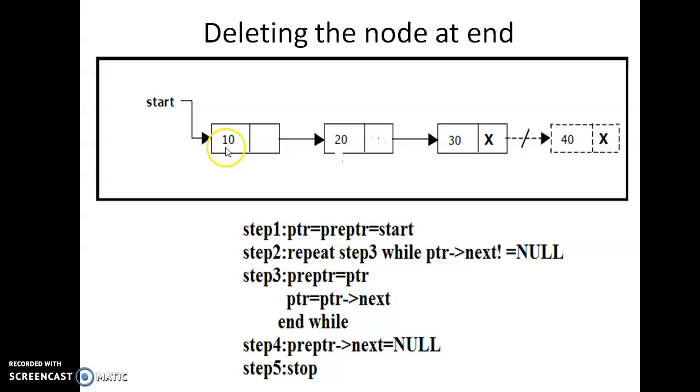So the pointer is going from 10 to the 20. Now here, is the pointer of the next not equivalent to null? Yes, pointer of next is not equivalent to null. So the pointer is taken to the pointer of next. Now we are seeing the pointer is present at the 30. So is the pointer of next not equivalent to null? Yes, it is not equivalent to null. So the pointer is forwarded to the 40 memory location. Now is the pointer of the next not equivalent to null? No, it is equivalent to null. So the pointer is present here. Now the pointer is pointing to the last memory location.